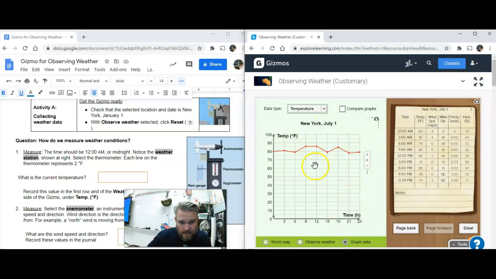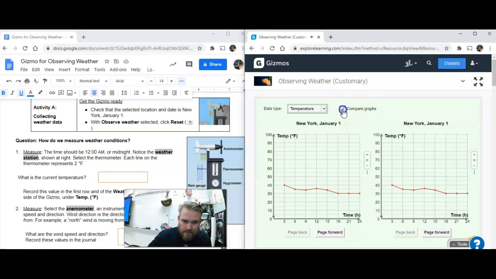So we can look at the graph of temperature. This is for July 1st. You could also page back and notice it shows you January 1st. It tells you to go ahead and hit compare graphs. Then you can hit page forward or page back. So it tells you to put January 1 here, and then July 1 here, and then it asks you some